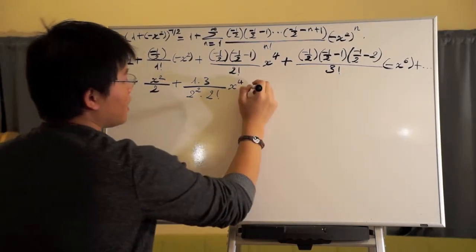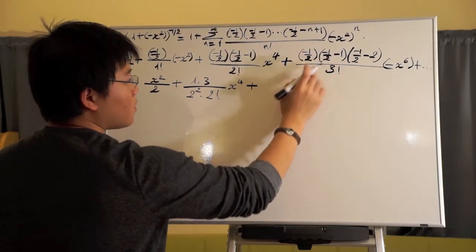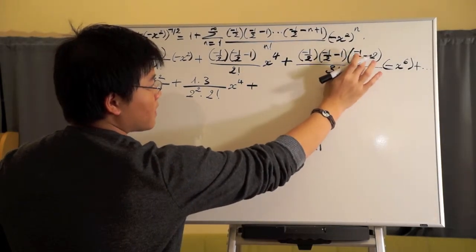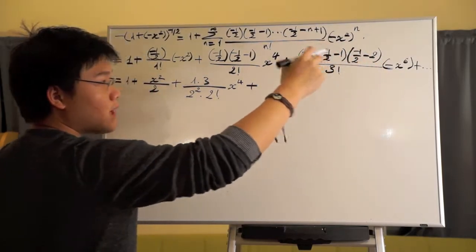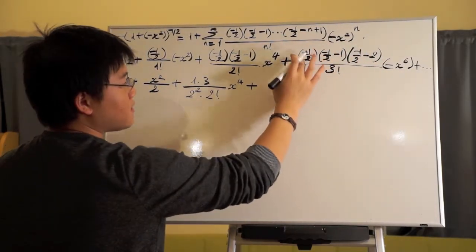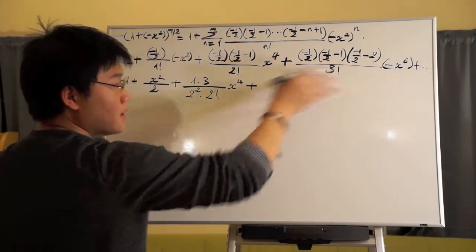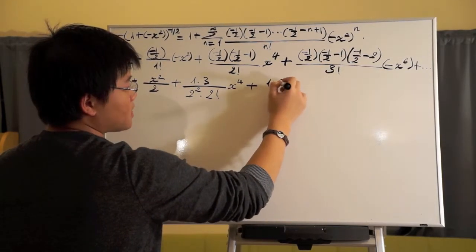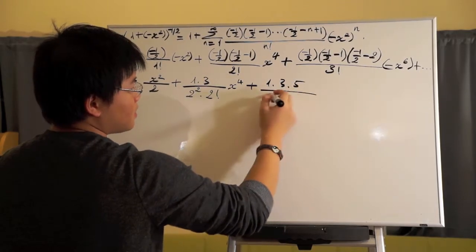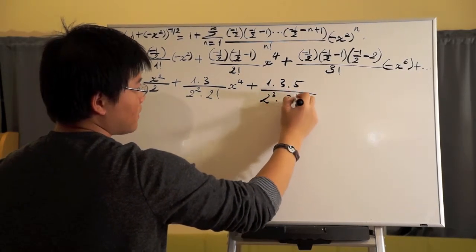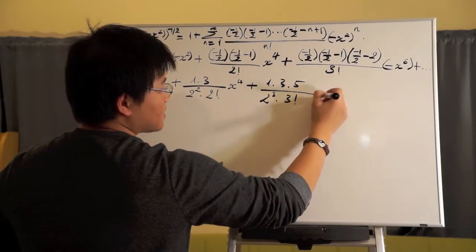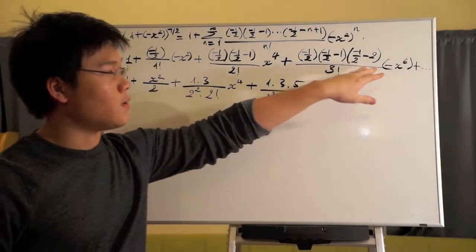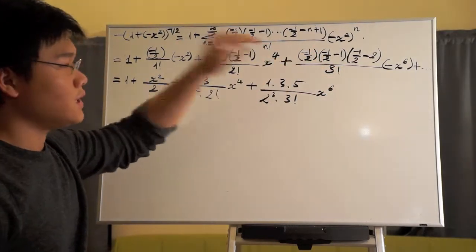Okay, plus. Now here's minus 1, here's minus 3, right? Minus 1 over minus 2, that's minus 5 over 2, right? So we can write this minus, minus, minus. We say that's this plus side all around, so it's a plus, right? So we can write 1 times 3 times 5, 2 cubed times 3 factorial, x to the 6th. Right? Okay. The minus sign is always coupled together to give us